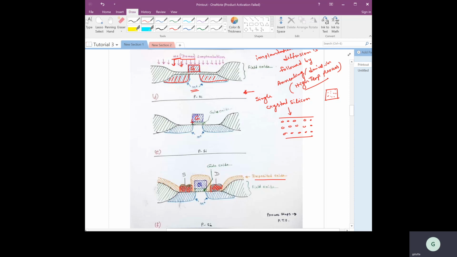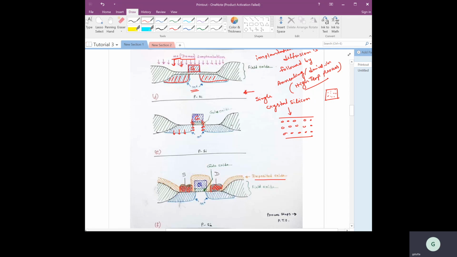So this process is called the self-aligned process, and here there will definitely be some overlap capacitance, because when we are doing this annealing, impurities will diffuse in every direction, right? Similarly it will go to this side, and at the same time impurities will also travel laterally on this side, right? As a result there will be some overlap capacitance, but you can control this overlap capacitance by controlling the temperature and the process. It does not depend on the alignment anymore, like we have discussed just now, right?